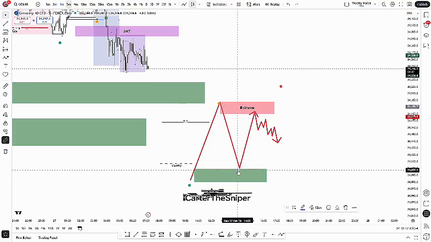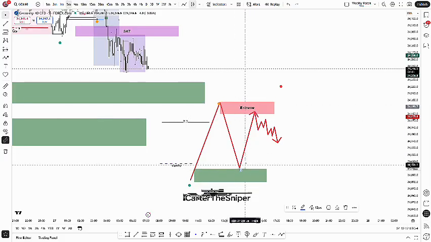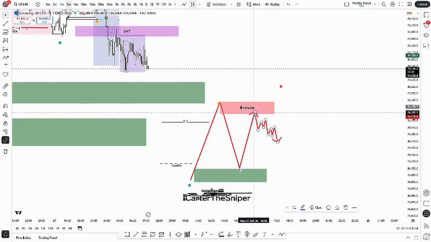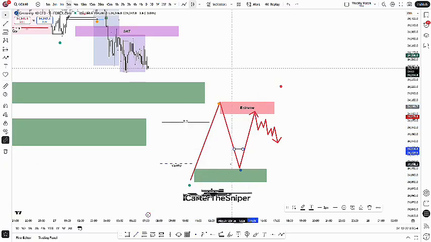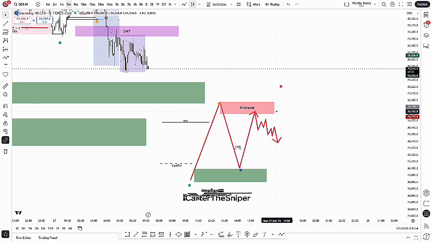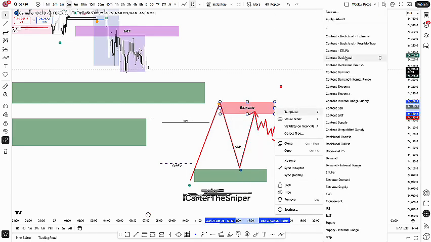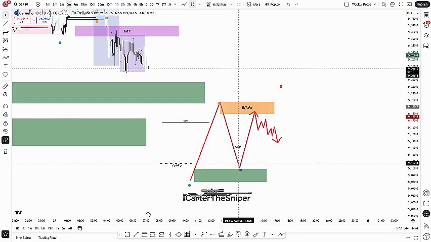So now this point here is where people have got in from the wrong bias, and they're looking to go higher. However, when we got here, remember, we've changed state of delivery in between as well, like in between us going from mitigation to where we are right now. Let me just put that as change of state of delivery. So this is the efficiency of the pullback. Obviously I'm just showing you this as the last supply, that's why I put extreme. But look, when we tap here and have a change of state of delivery,